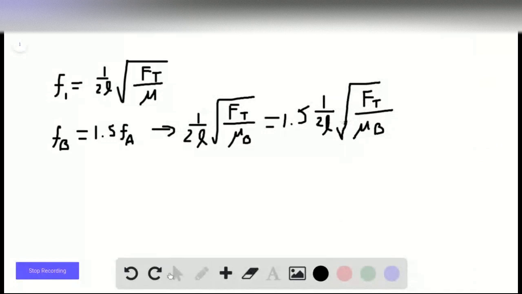That looks better. Okay. So now we find that since we'll cancel everything in red, this cancels and this cancels. And then the Ft's are going to cancel, right? So what we're left with, let's go back to black, we find that mu b is equal to mu a